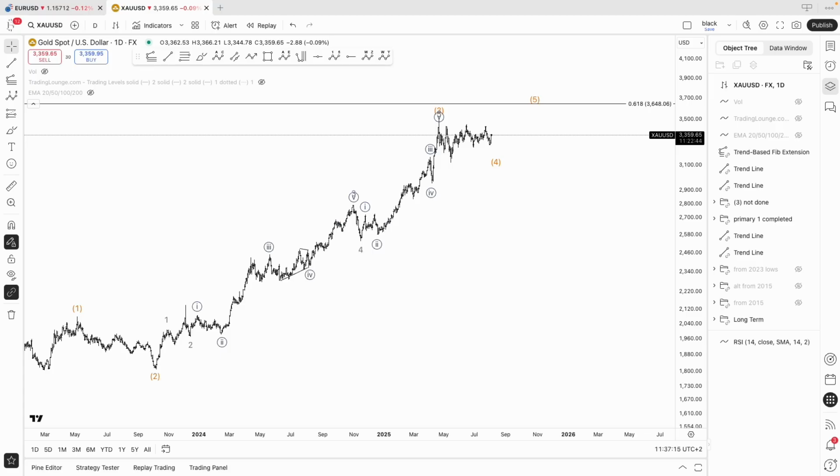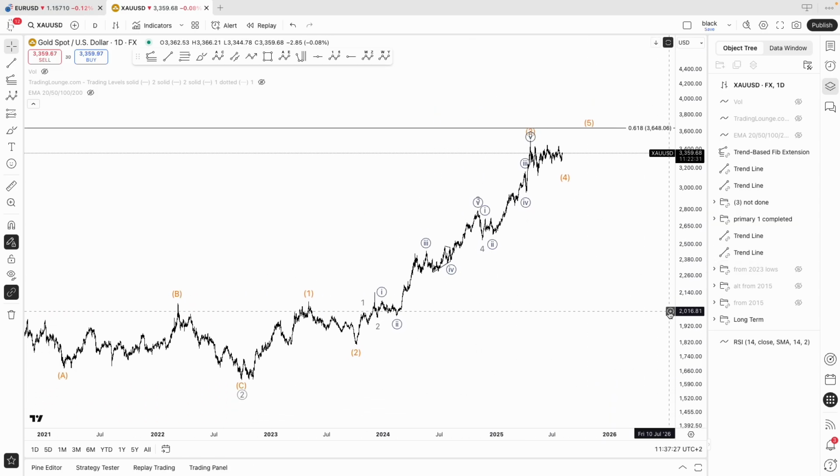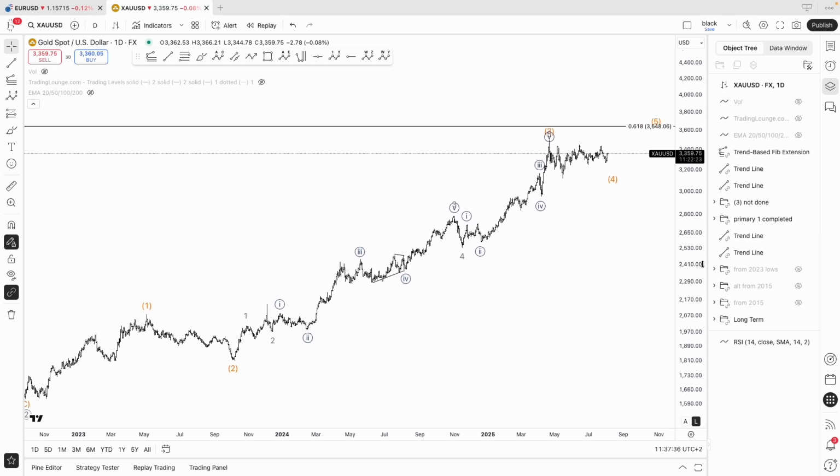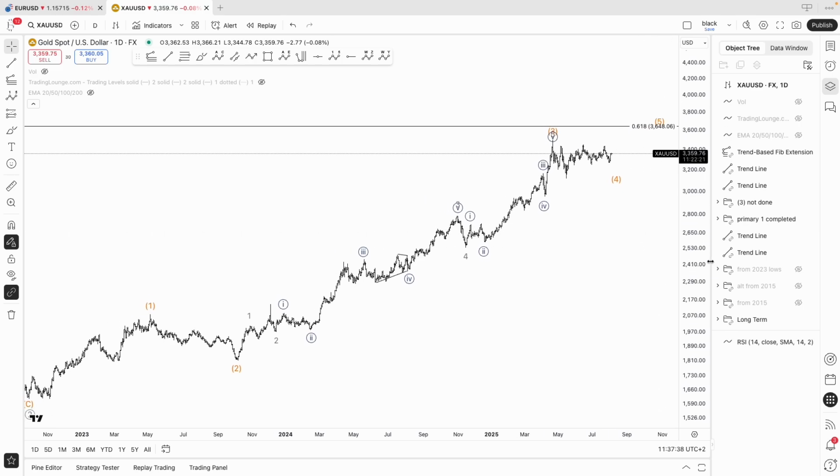Today it's Monday, August 4th, and we're going to take a look at gold. As you can see, we've been moving basically as expected. We've been looking at this corrective pattern for quite some time now. It's been a couple of months, and we're trying to identify now, as usual,